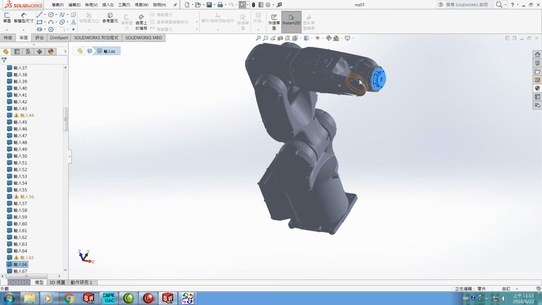Okay, this is individual. We just do the same way as MZ4, MZ5, MZ6, the same. So we can separate every component and save every component into